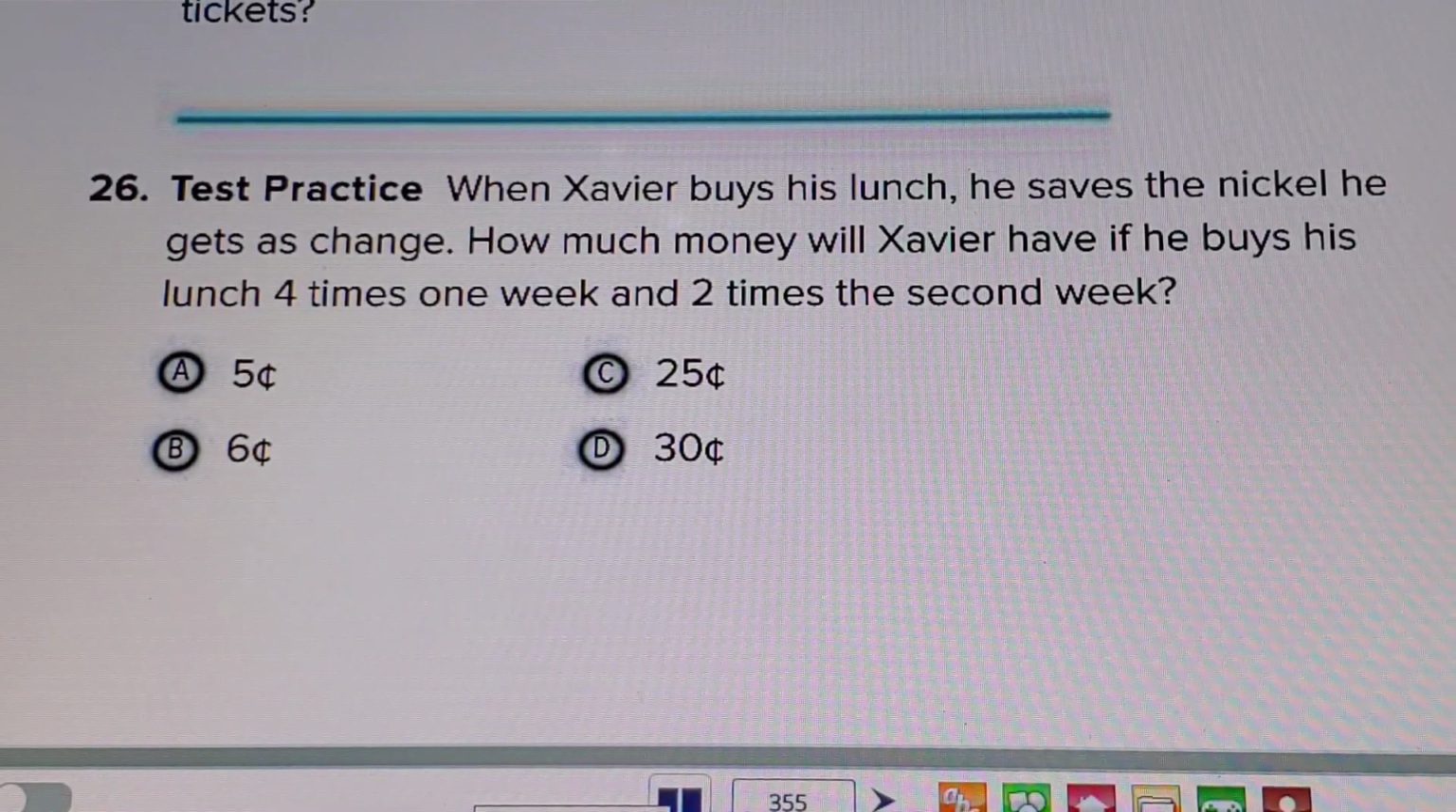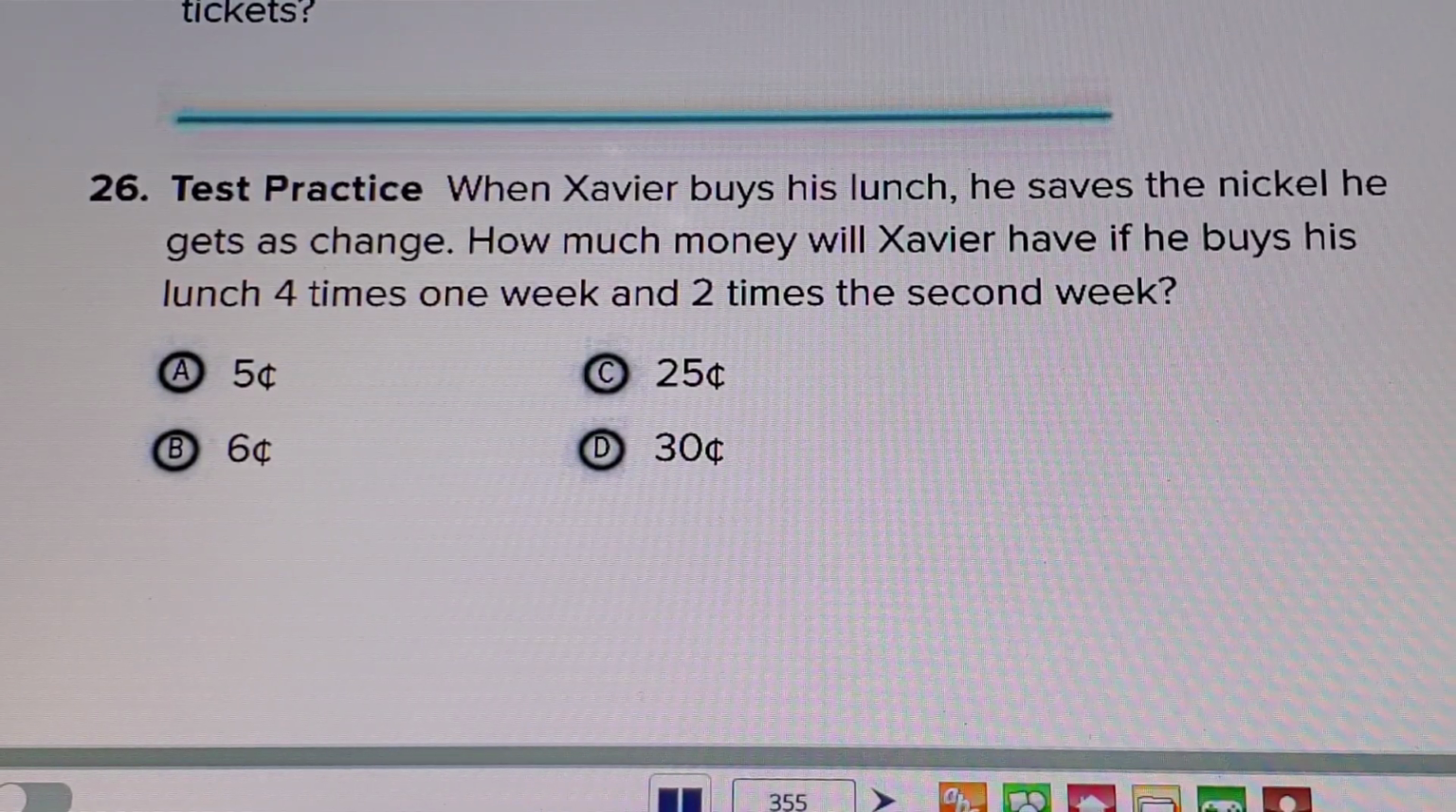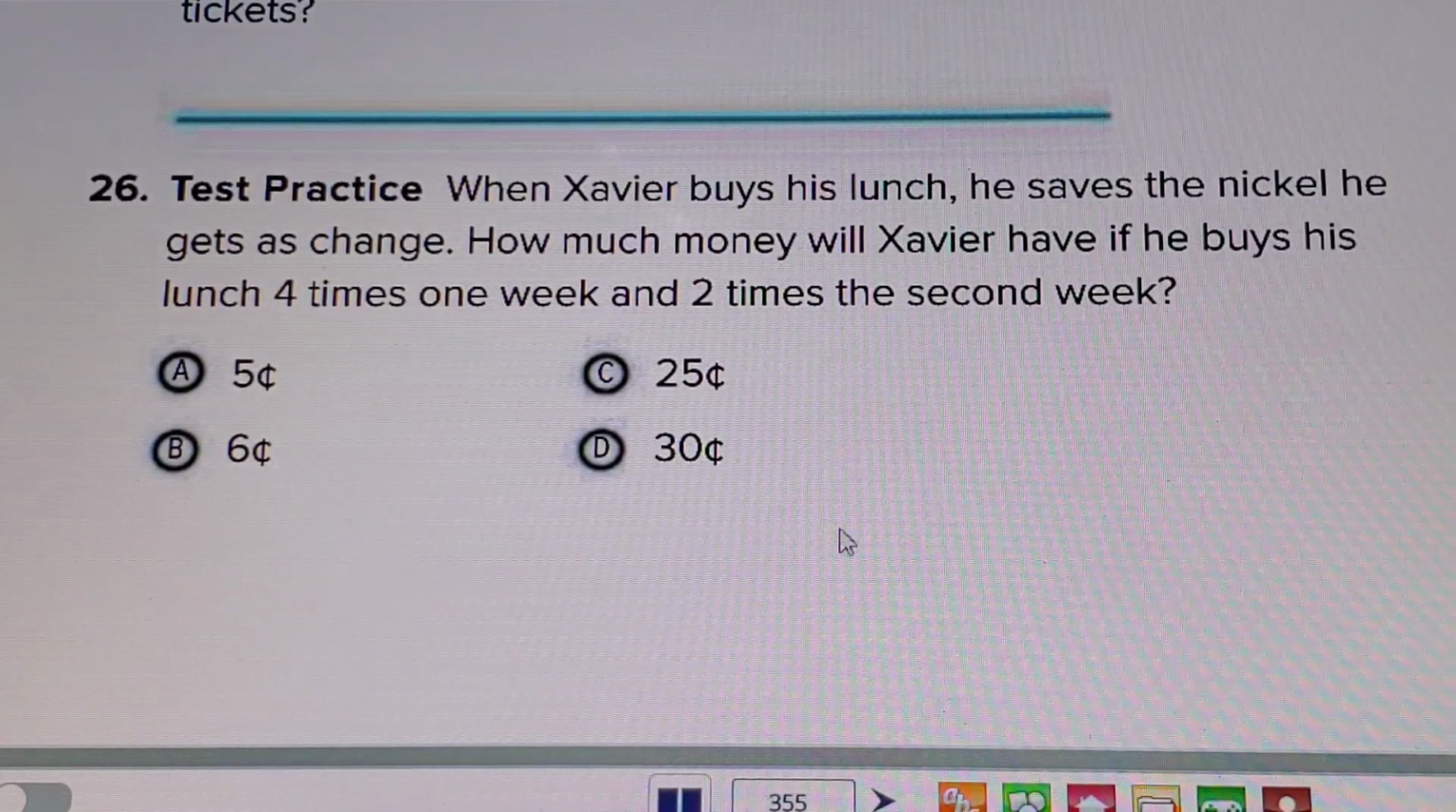Number 26, test practice. When Xavier buys his lunch, he saves the nickel he gets as change. How much money will Xavier have if he buys his lunch 4 times 1 week and 2 times the second week? So he's saving a nickel. A nickel's worth 5 cents. So 4 times 5 cents plus, and means plus, 2 times 5. So he has 4 times 5 here plus 2 times 5 here, and that will give you